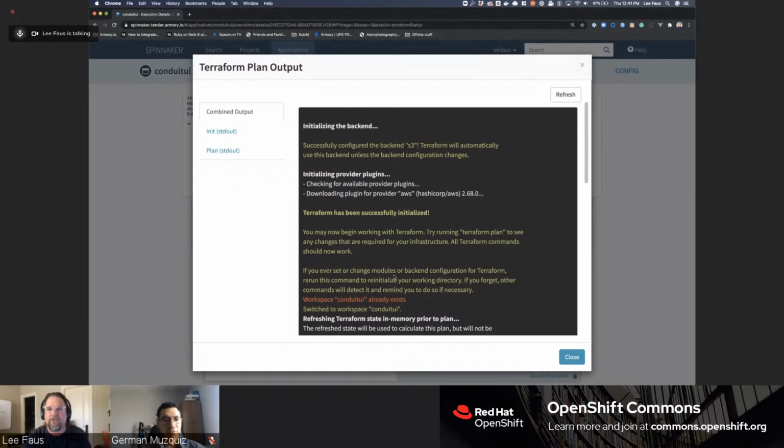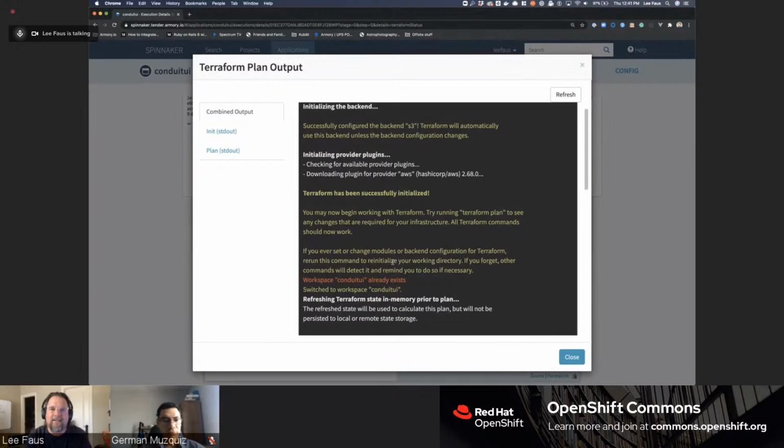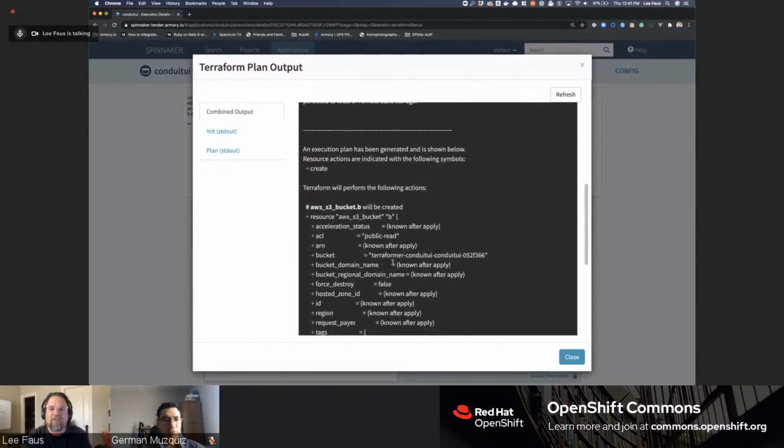With Spinnaker, what we can do is we can enforce the best practices every time a new deployment takes place. So if somebody was to go in and, let's say, change the ACL for my S3 bucket, and let's say they changed it to public write, I would actually see that I'm going to be setting this back to public read. So what I can do is I can optimize my cloud security model